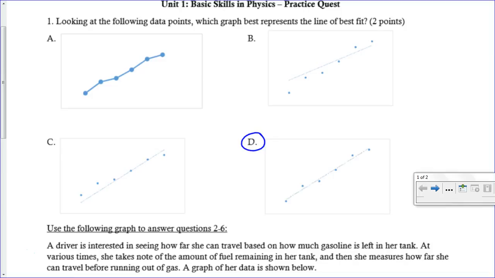What you can notice about D that makes it look like a good line of best fit is it goes right through the middle of all the points. It maybe touches some of them, others it doesn't touch, but it's just a general expression of the trend of the data. If you look at the other 2 that are similar to that, C and